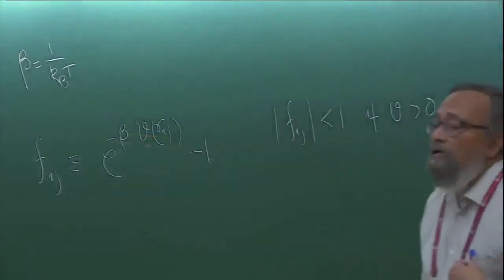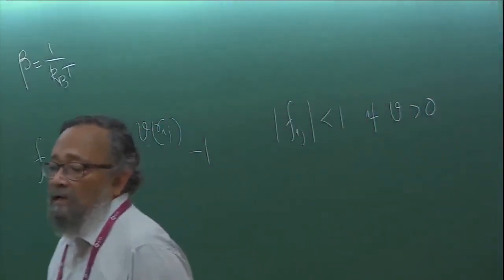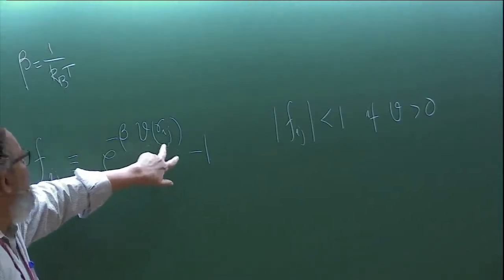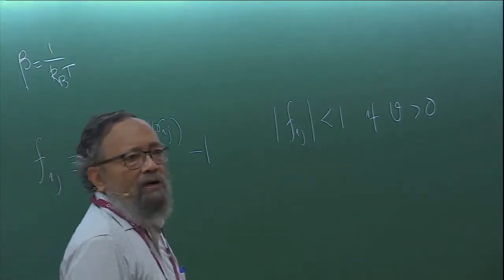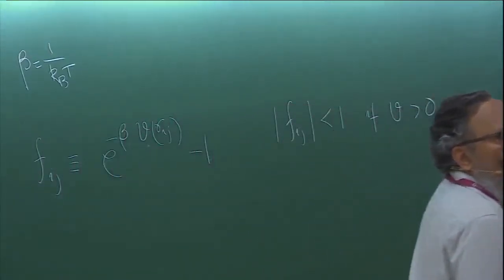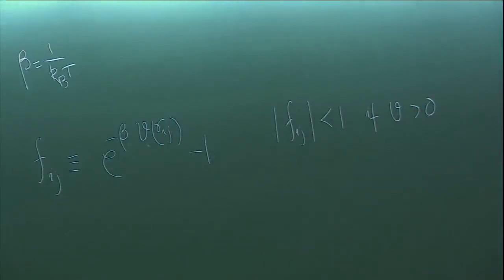Today what we are concerned about is temperatures which are substantially higher than the temperature at which the gas becomes a liquid. In that regime, even if this V, the Rij, is such that this V is negative, the corresponding temperature will be sufficiently large so that this quantity will be smaller than 1. So the idea is to use this quantity as an expansion parameter, and do an expansion where you have 1 factor of F, 2 factors of F, things like that. This expansion is supposed to be a convergent one under these conditions,